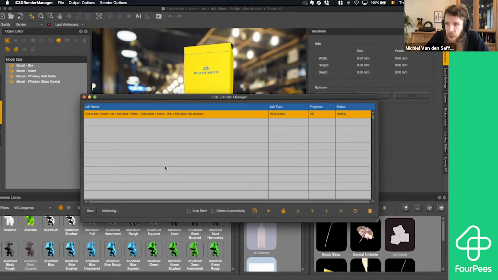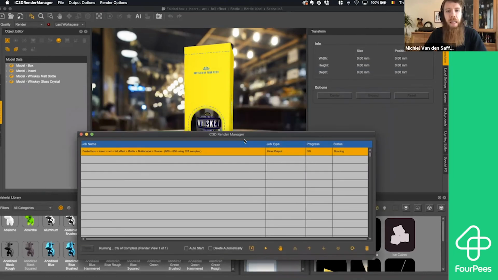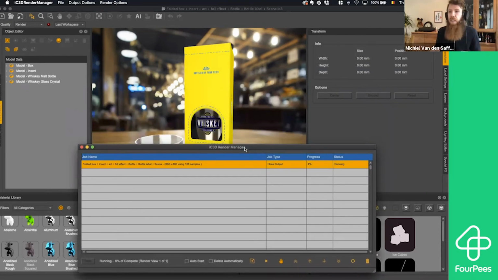Is there a way to automate the production to allow different images to be placed? If you have a very regular product, so let's say that I always have boxes for bottles that are the same dimensions like this, I always have this kind of box that I created just now for this whiskey bottle. Or if you always have a similar bag that is filled with a different product, let's say it's a chips bag and you have different flavors of chips, for example, yes, then what you can do